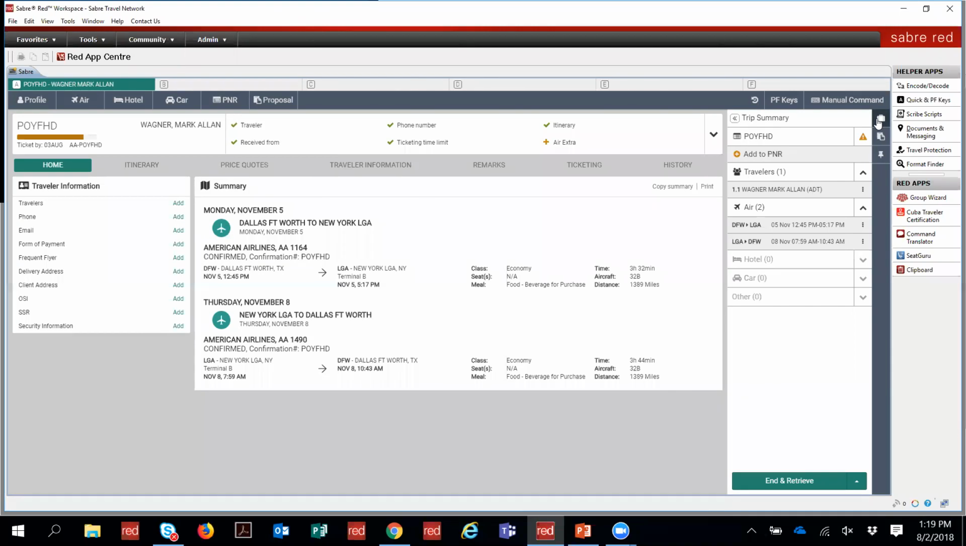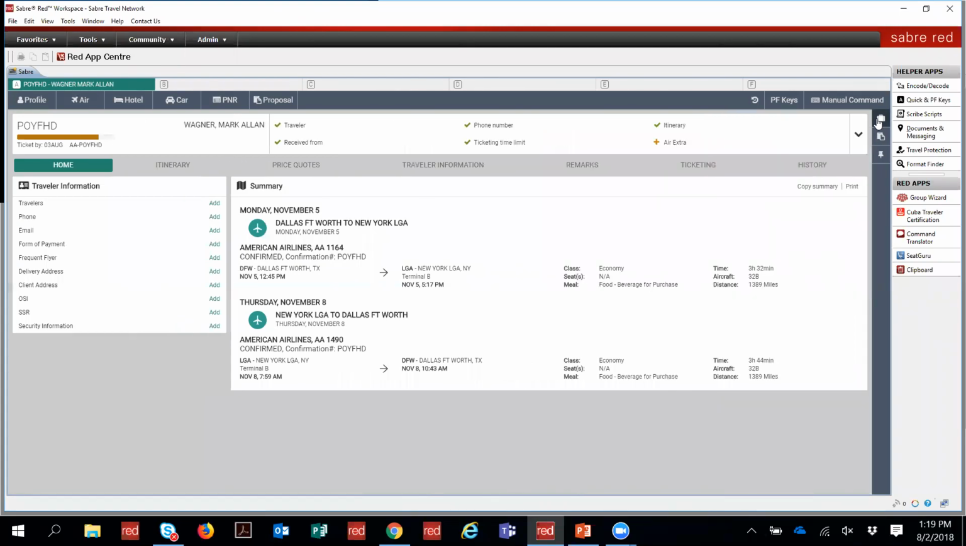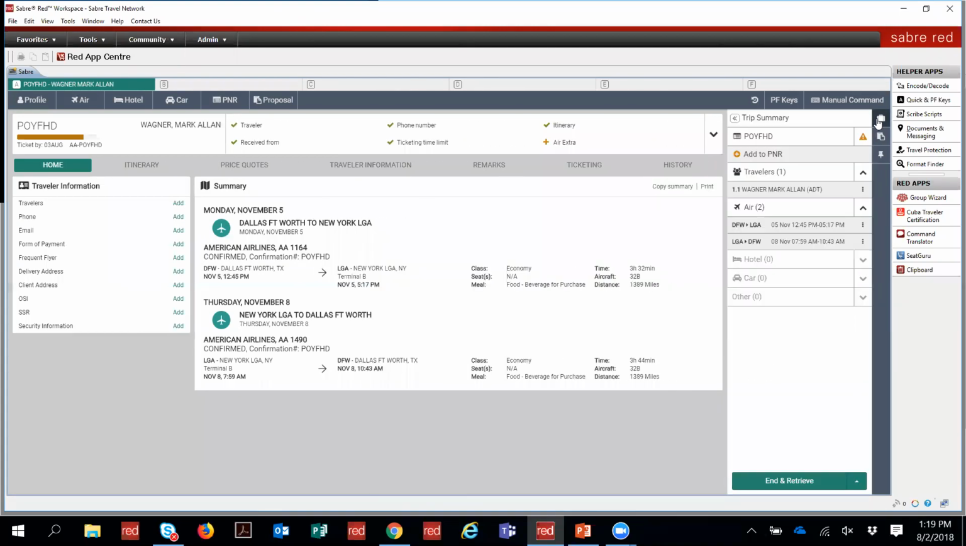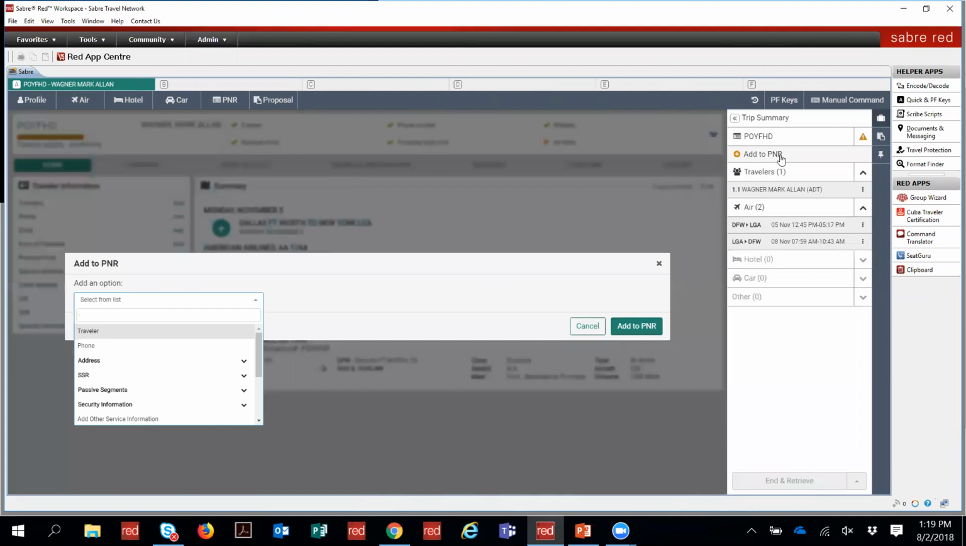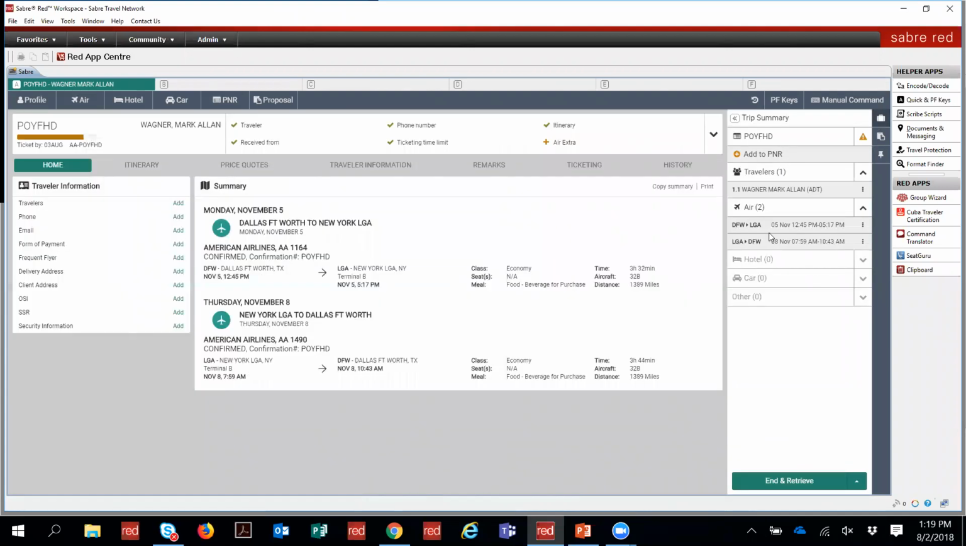You'll notice that if I press the suitcase once, it closes, or again, it opens it up. The trip summary is just that. It is a summary of any record that you have completed. You have a button for Add to PNR, which is the same button that we saw up in the panel above. It lists your travelers. It lists their names. It lists any flights that you have booked. And as we add car and hotel from the trip panel, you see that it would be added as a